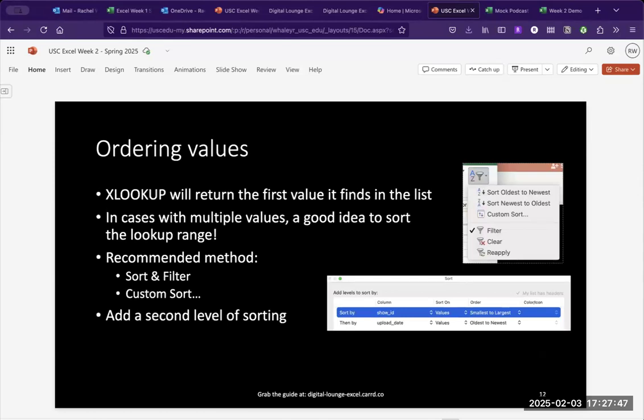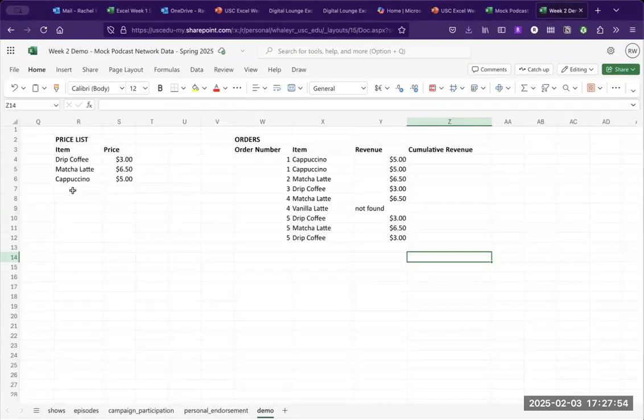All right, the very last thing I'll say is that XLOOKUP will return the first value that it finds in the list. So if we had cappuccino listed on our menu multiple times, so kind of a printing error in our menu, we had multiple rows, and the other cappuccino was $6, it's going to stop the first time it finds cappuccino. All right, so this is relevant if you have info that you want sorted by date, and maybe there might be multiple rows, but you just want the earliest date or the most recent date. All right, you're going to want to keep in mind to make sure your data is sorted when you're using that